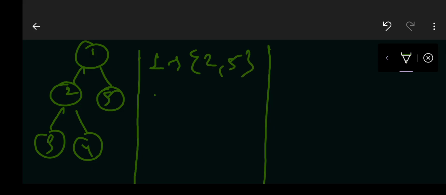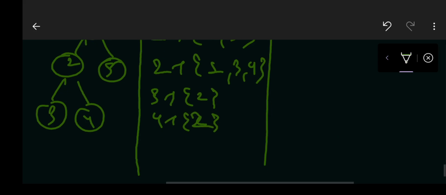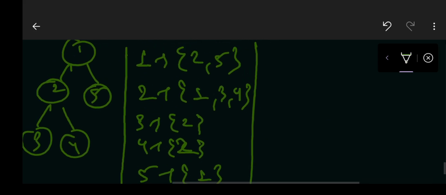So 1's neighbors are 2 and 5, 2's neighbors are 1, 3, 4, then 3's neighbors are 2 and 4, 4's neighbors are 2 and 3, and 5's neighbor is 1. Correct? That's the adjacency list, you get what I'm trying to say here. Now how are we actually going to